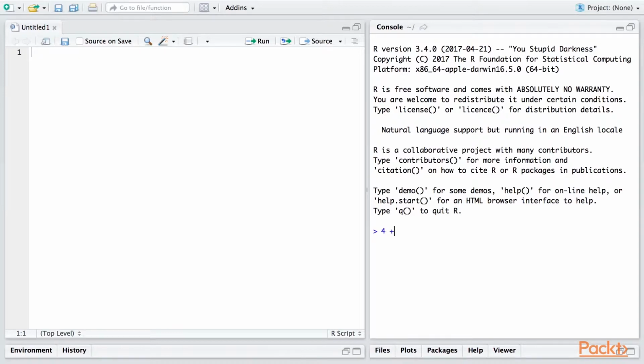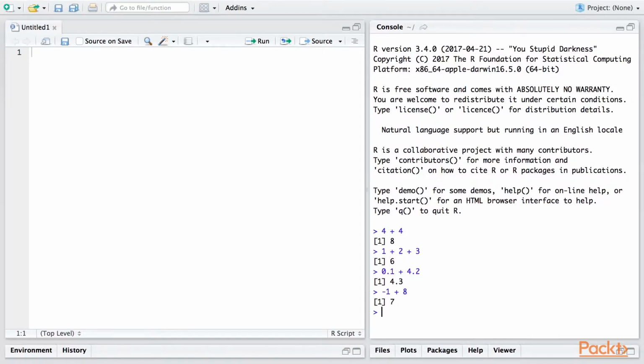If I type 4 plus 4 into the console and press enter, R gives me the answer 8. We can also chain together addition operations, so 1 plus 2 plus 3 equals 6. As well as whole numbers and positive numbers, we can use decimals and negative numbers. 0.1 plus 4.2 is 4.3. Negative 1 plus 8 is 7, and we're using a hyphen there to indicate the minus sign in front of